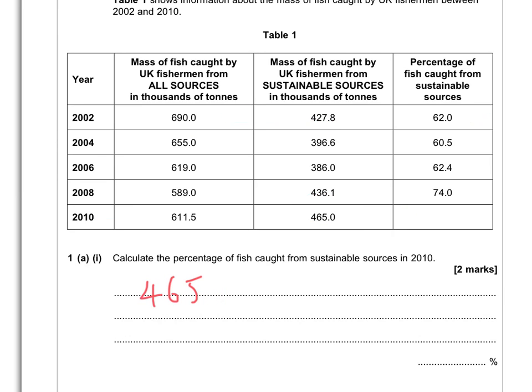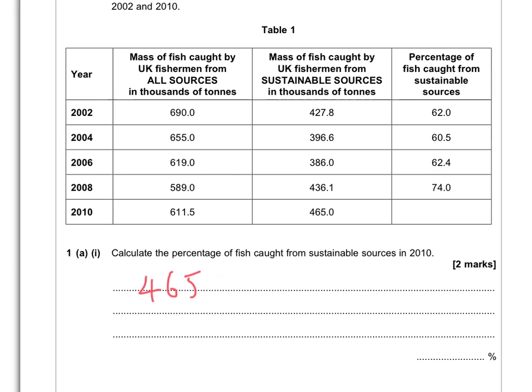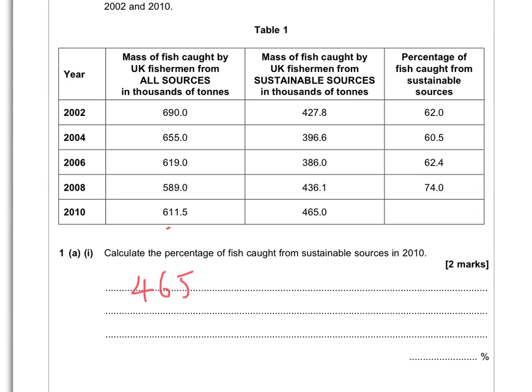And we're going to divide that by 611.5. So this number here, 611.5. So we'll do that division and multiply by 100. And it should come out as, let me have a look here. The answer is 76.04. Now the mark scheme says correct answer with or without working gains 2 marks, so you don't need to show your working,